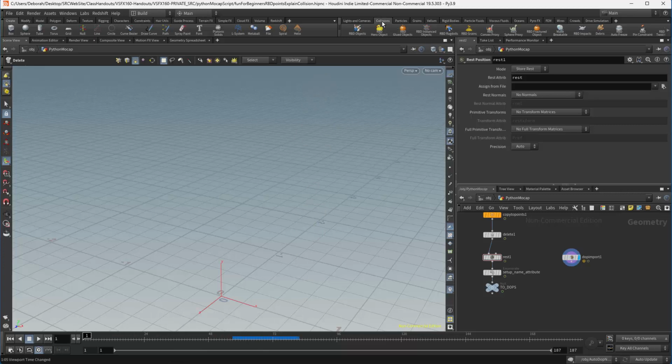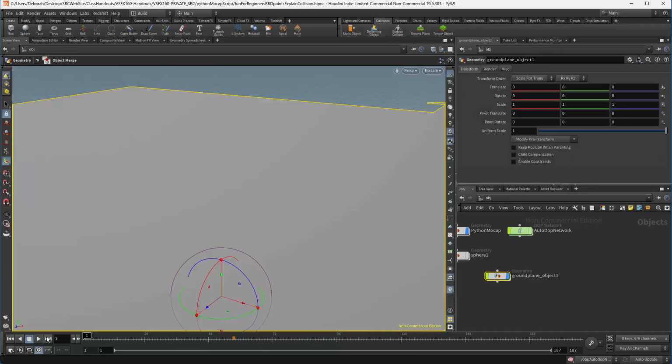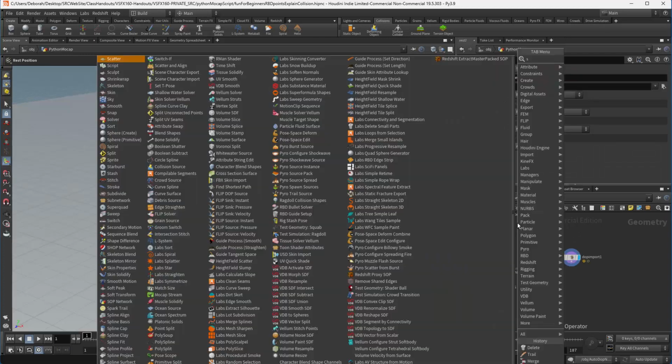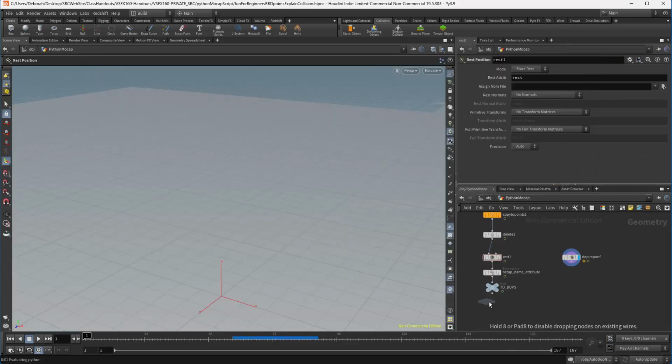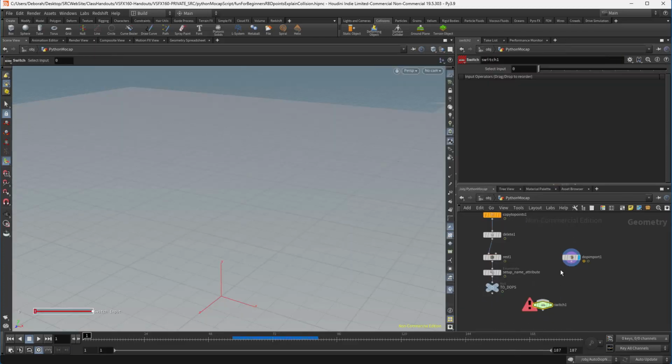So we go through and we can see, yeah, it drops. We need our ground plane, and we can drop the head straight onto the ground plane, and in frame 50, there we go. Okay, so we've got our head dropping. Now, if we add back our animated character, switch node, and then grab what we have from our DOP, but we also want to grab what we had before,